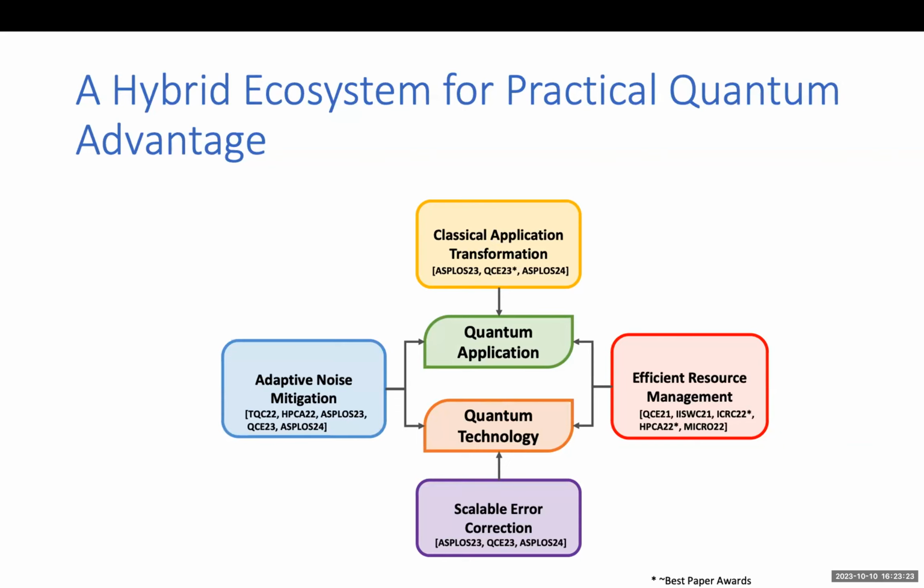Another area is error correction, or scalable error correction. Quantum error correction is another very important future domain where, similar to classical error correction techniques, which many of you might be familiar with, there's a need for error correction in quantum as well. While in theory this is amazing and it can solve all your quantum problems, it's very hard to actually implement and build. So I've been working on building scalable error correction techniques.